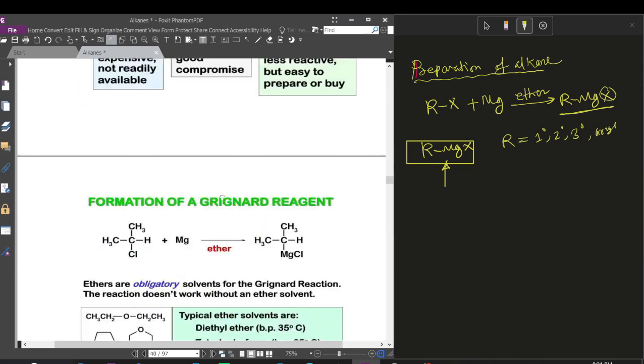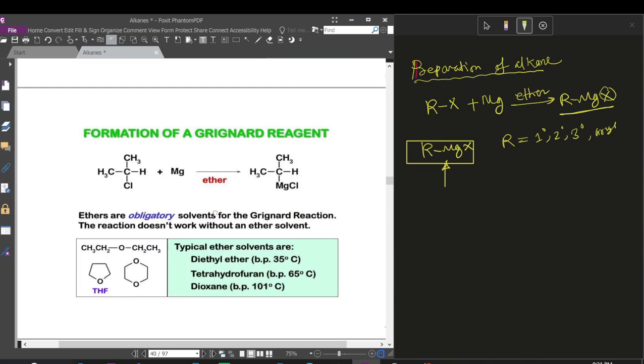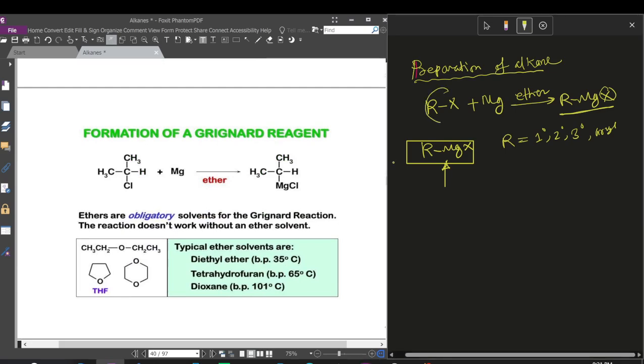So now the formation of Grignard reagents. Here we see that we use alkyl halide with magnesium in the presence of ether. This produces the Grignard reagent, which is our main focus. In this reaction the alkyl may be primary, secondary, or tertiary. So in this reaction, we decided to use a tertiary alkyl halide,